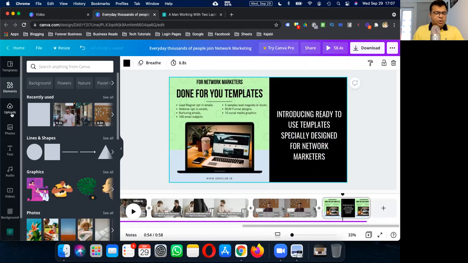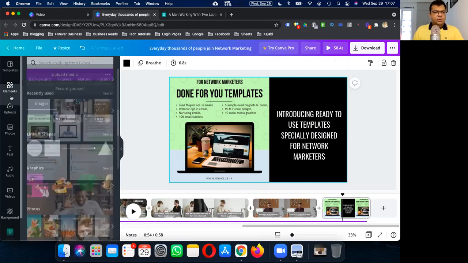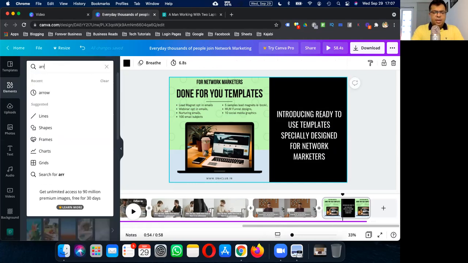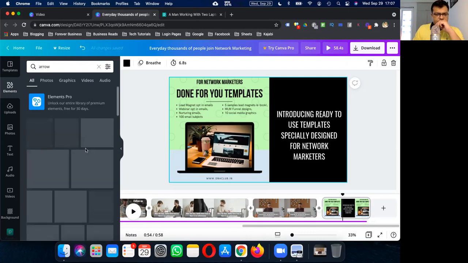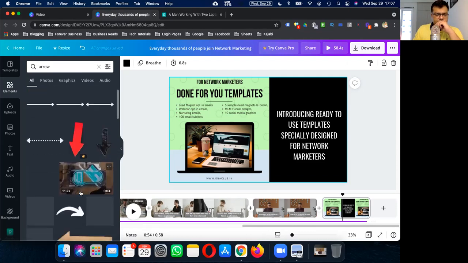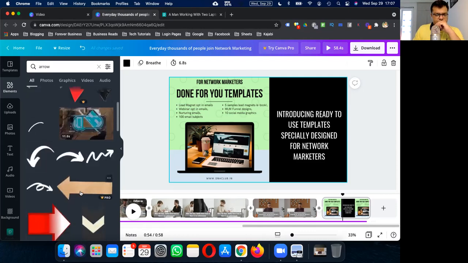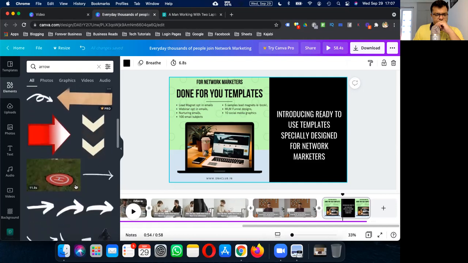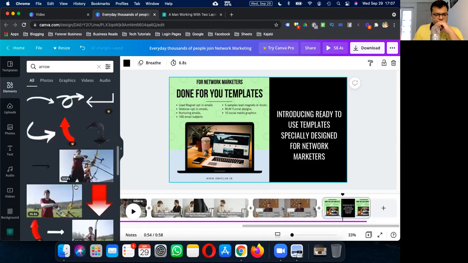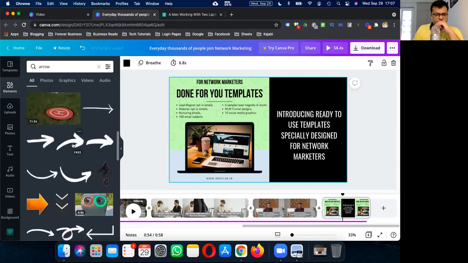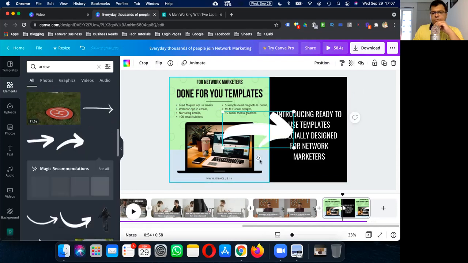And let's use an arrow also. Okay, let's go to elements and let's use an arrow. Let's use this one.